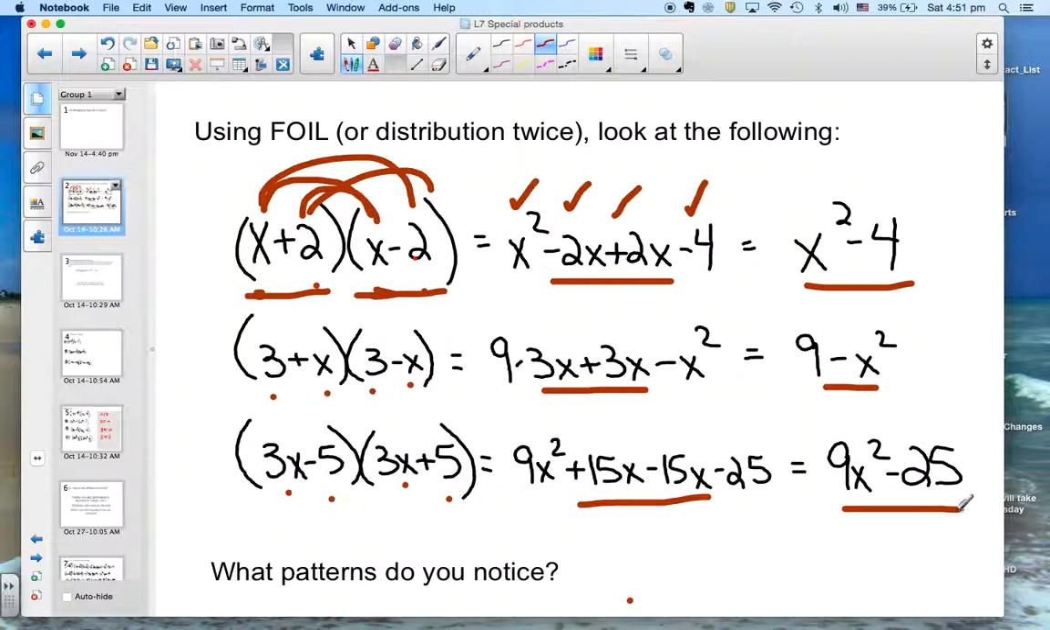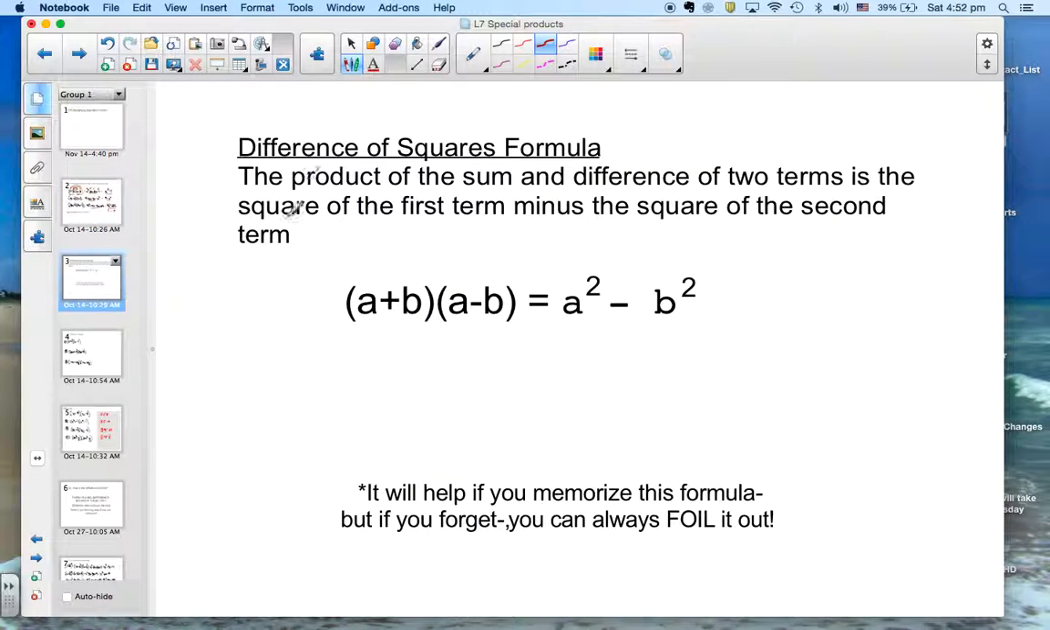And in that binomial, the first term is a square, the last term is a perfect square, and you are subtracting them. This is a very special pattern. It's called a difference of squares. The product of the sum and difference of two terms is the square of the first term minus the square of the second. So here we have the product, and here we have a